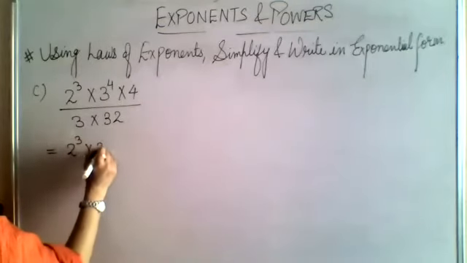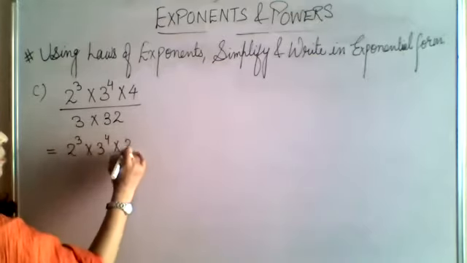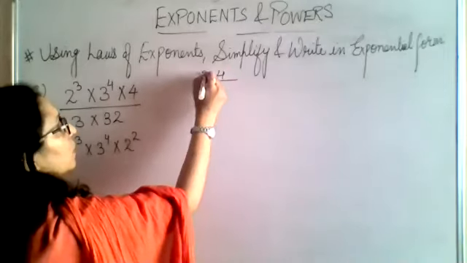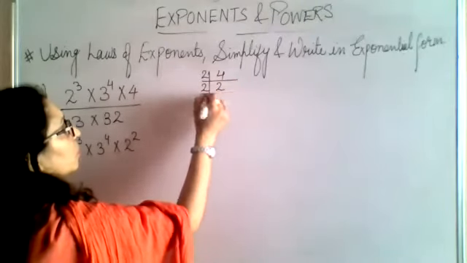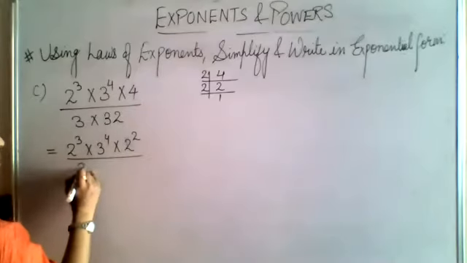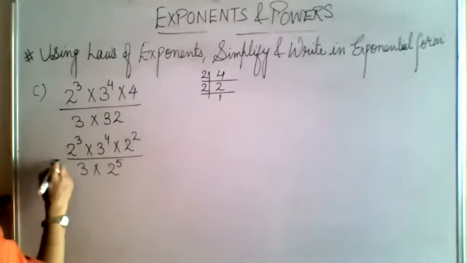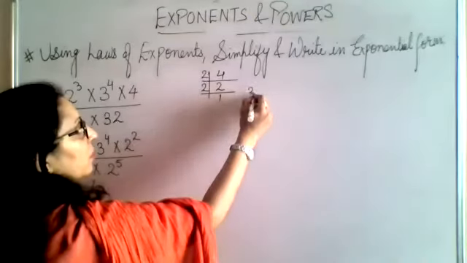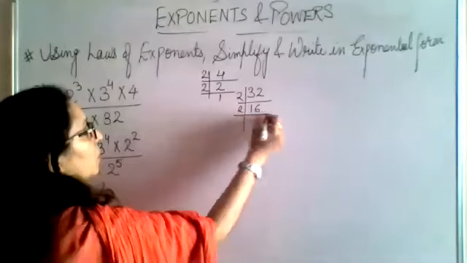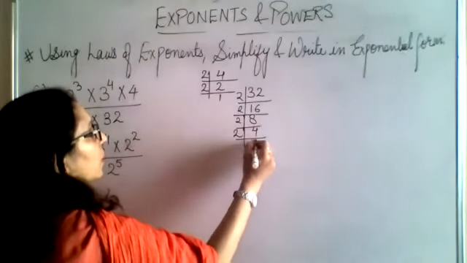Either you write directly, or if you don't know, do prime factorization and you will come to know. You have to write 4 as 2 raised to power 2. And 32 you can write directly as 2 raised to power 5 if you know. Otherwise, do prime factorization: 2 16s are, 2 8s are, 2 4s are, 2 2s are, and 2 1s are done.